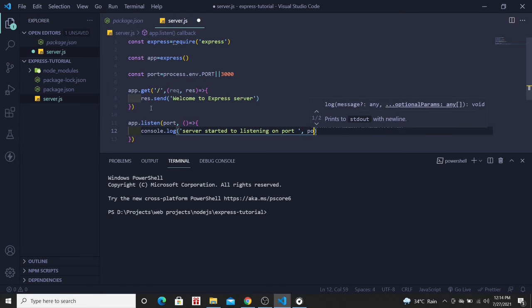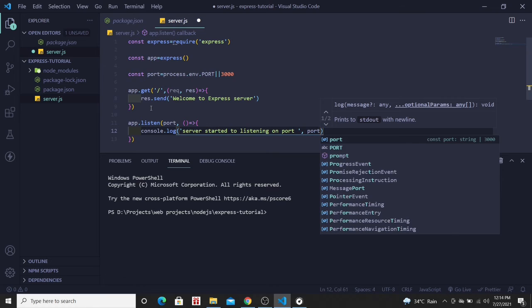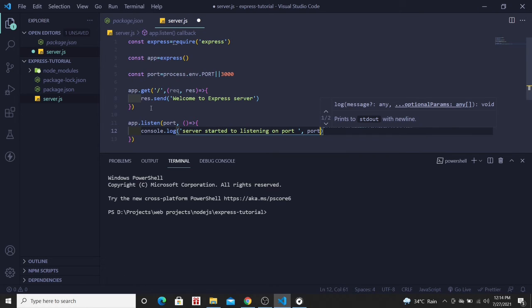Another thing which I would like to show you is that this is a way by which we can write the console log, the string that we are providing. Another way is with the help of ES6 template literals, which is a better approach in my understanding. So I will be changing this whole thing into a template literal. How to do it I will show you. We will use backticks. Backticks are just below your escape button.